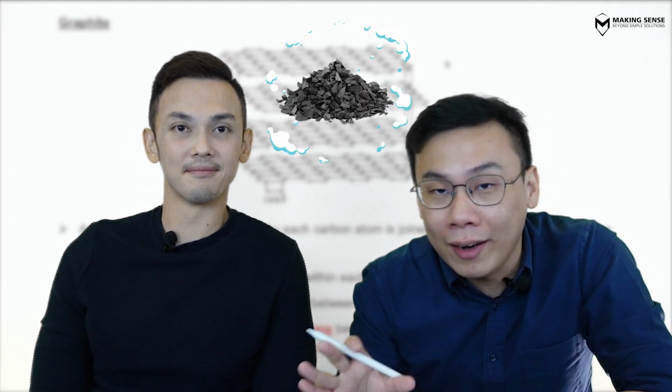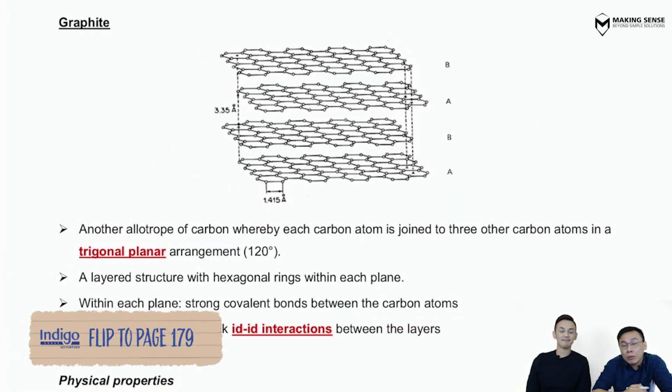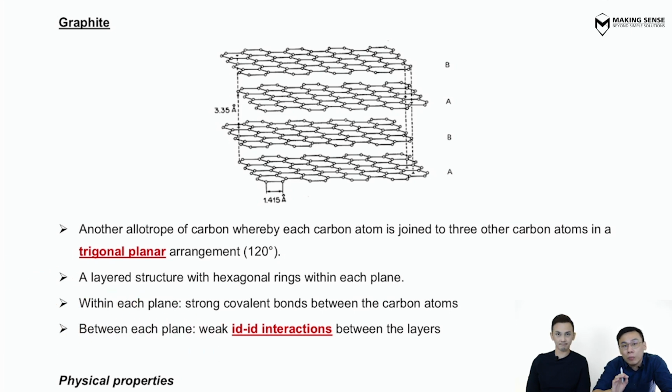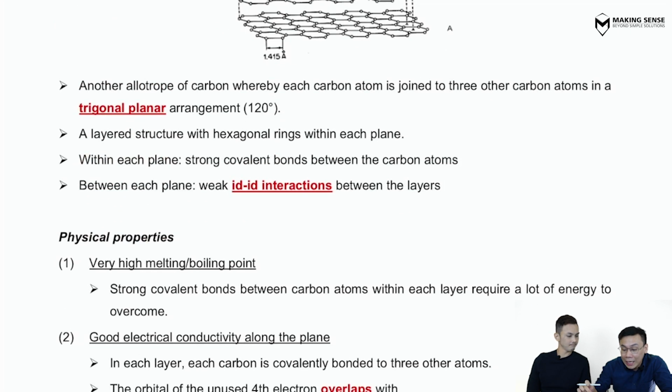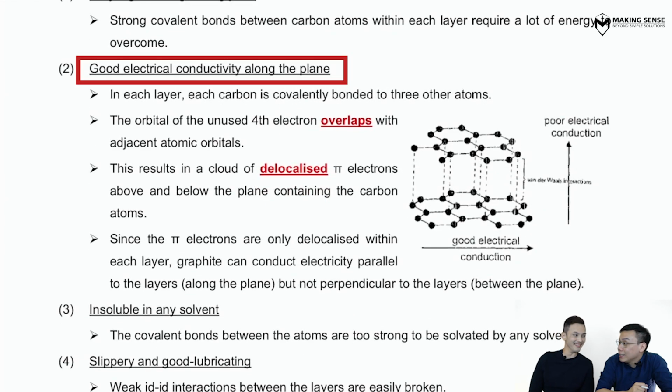If you say so. Anyway guys, let's focus on the structure of graphite, not diamond. The structure and bonding of graphite you learned in secondary school already, so we will not delve too much into it here. I just want to bring your attention to 2 important physical properties that have a somewhat different explanation in A level. The first one is the electrical conductivity, the shockability.